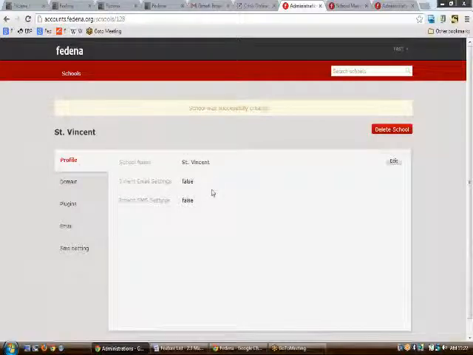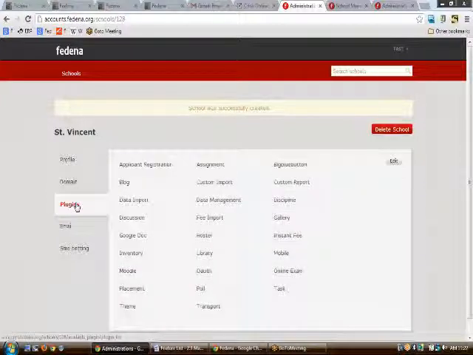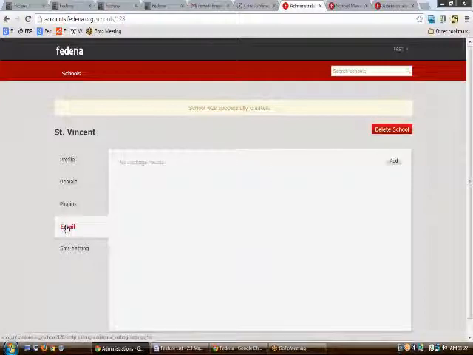So this is the profile that is created. The domain is sv.fedina.org and the plugins available for the school are these. The email settings can be added by the school individually. They need not use the SMS settings or the email settings that are being used by the client account, as we have unchecked the SMS settings and email settings while creating it.